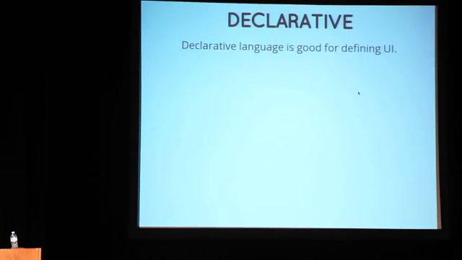Okay. And really, the reason that we have this sort of data binding thing in the UI is, we think that declarative language is really good for defining UI. Declarative language is you just tell it what you want to be bound. You don't tell it how you're going to be making all these modifications to different things. You let the framework do that for you. So kind of the flip side is imperative, and if you're not familiar with Angular, that's probably what you're actually